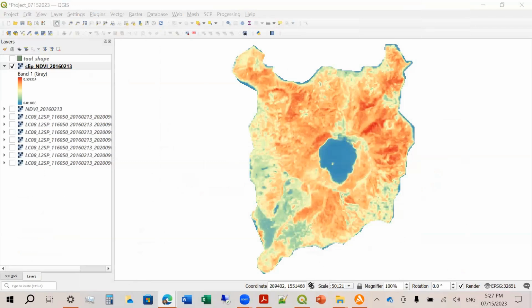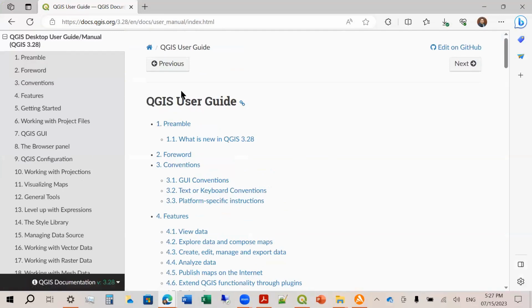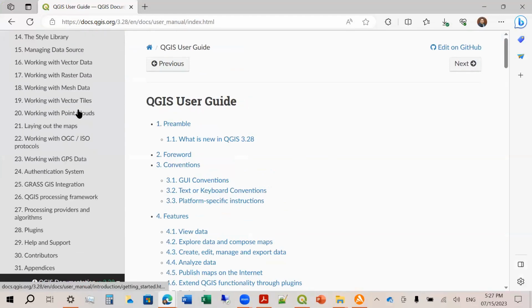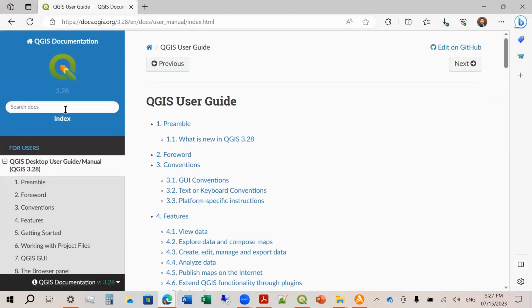So I opened the QGIS documentation. Let's go to the latest version, and let's see if we could get statistics.